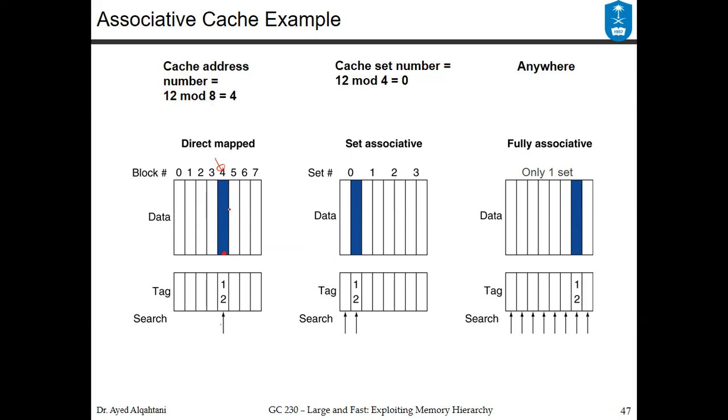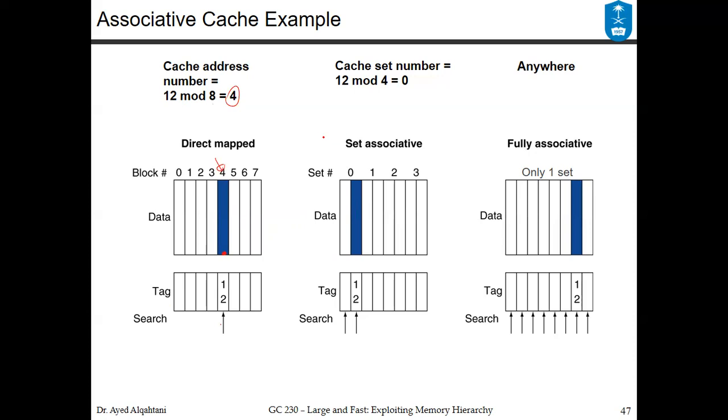In case you are writing. If you are reading, then you need to search for this block, and to search, you simply get the address using this formula and directly you point to it, and you don't need to search. However, if you take a set associative,